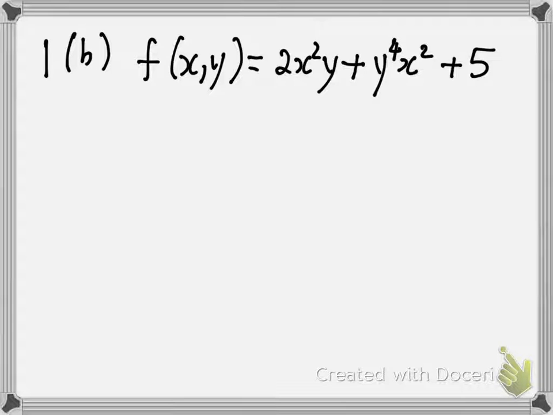In this video, we will touch on how to find partial derivatives. This question is asking for f sub x and f sub y as the first derivatives. So for f sub x, we assume that y is a constant and differentiate x squared. If you do that, the derivative will be 2